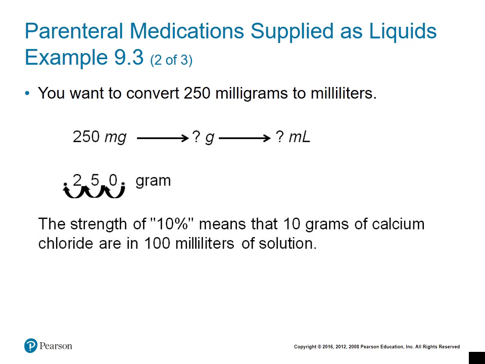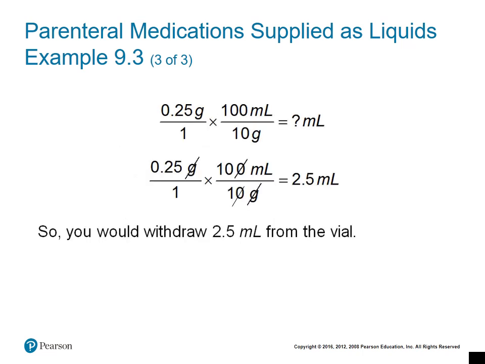First, we're going to convert our milligrams to grams though, because our strength is given in grams per milliliter. So recall that the strength is given in grams per milliliter or milliliter per milliliter. All right, so we have our 250 milligrams. You convert that to grams, and you get 0.25 grams, or 25 hundredths of a gram. And then we take our order, right? So we have our order here,